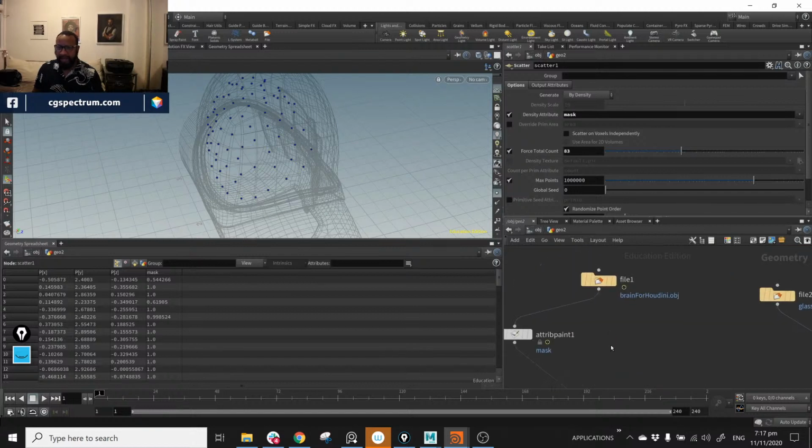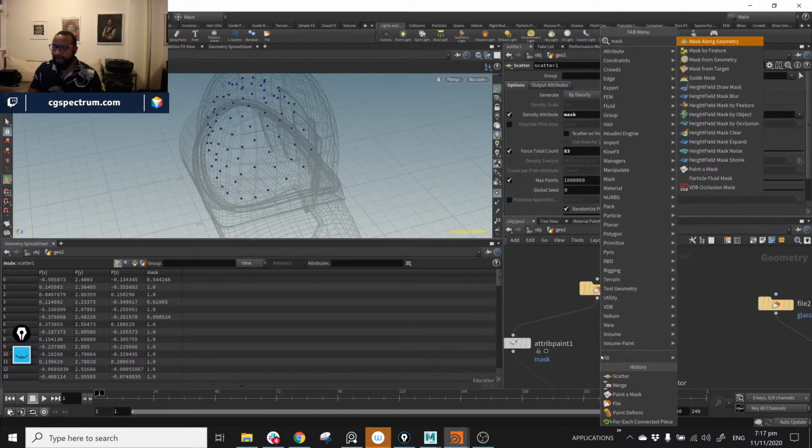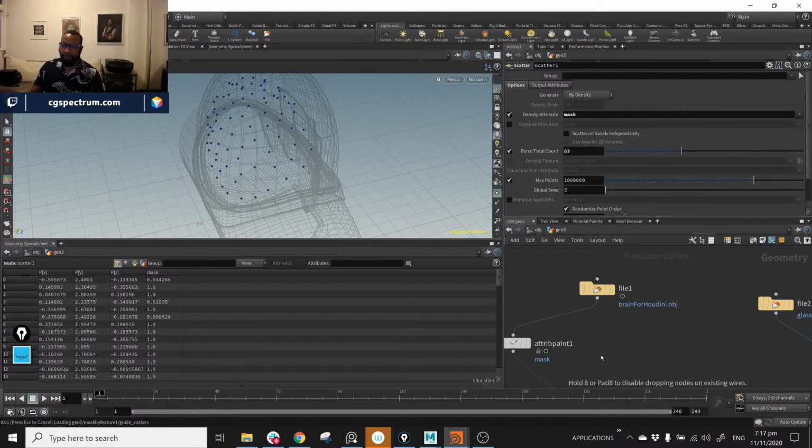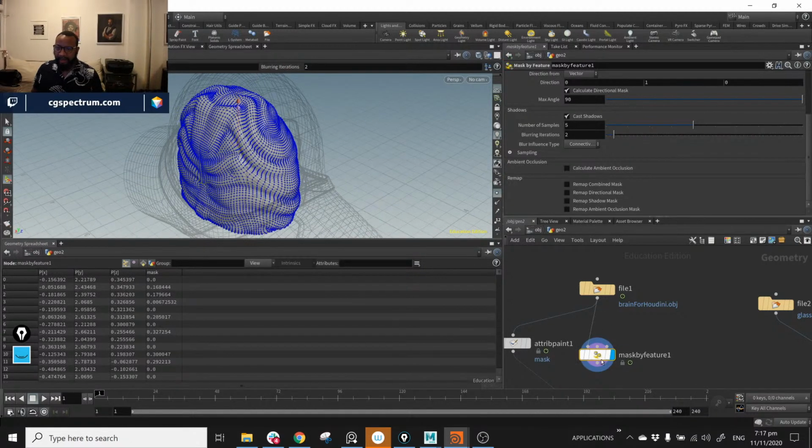And I'm going to make, let's see, let's do mask by... there's a new node called mask by feature, which is really interesting. So basically what this is doing is it's doing an occlusion. So if I go back to this guy,